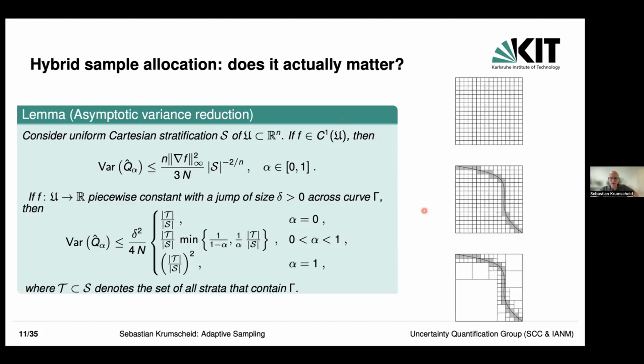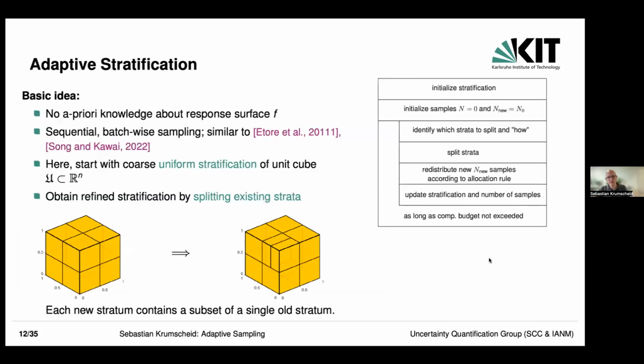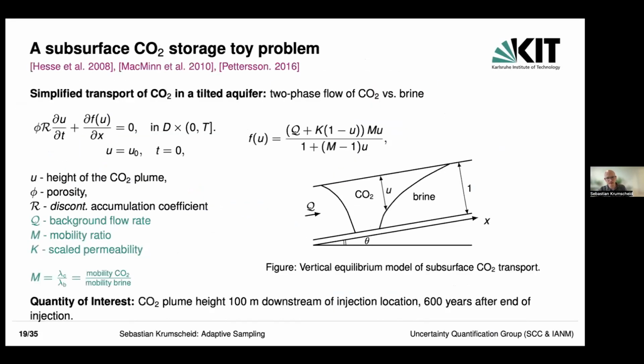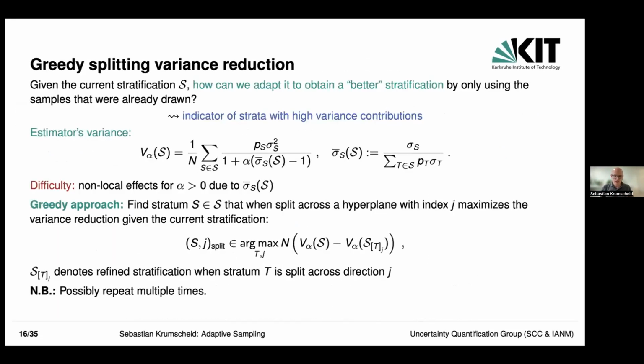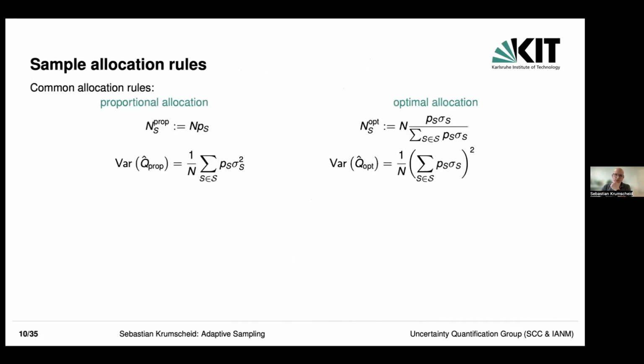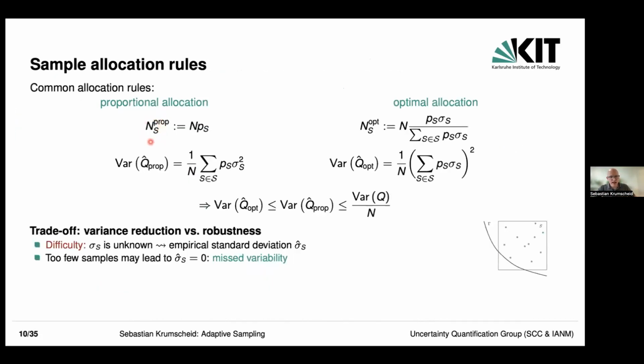What we're hoping for is the following. Let me go to the numeric examples, because then there's a concrete tessellation. Let me remind you what we're doing here. If you go into stratified sampling, the first observation is that we need to decide how many samples we're using in each stratum. Let's suppose for now that we're doing proportional allocation. Then the number of samples in each stratum is simply proportional to its size.